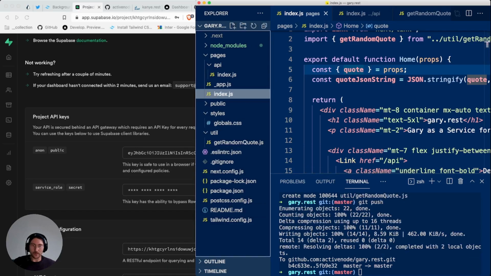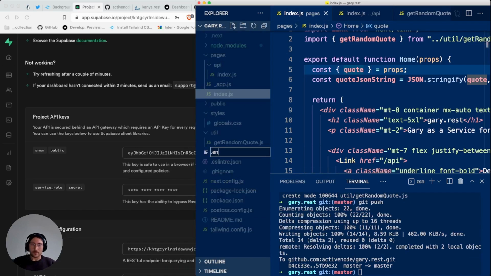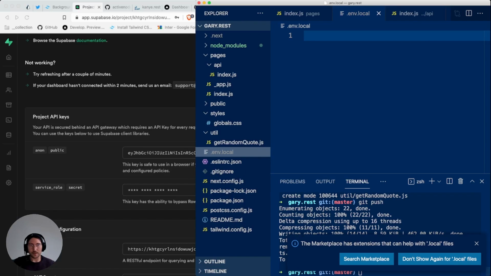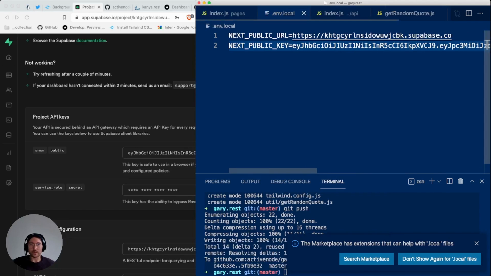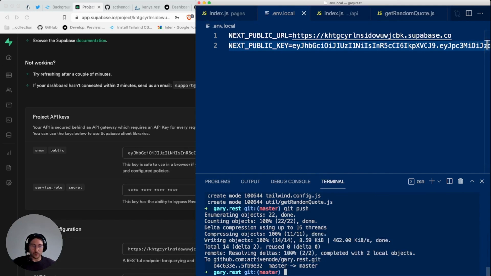So we create a new file .env.local, and then you can write NEXT_PUBLIC_ and then for example, the URL, and NEXT_PUBLIC_ and then KEY. All right, perfect. And then we restart the development server with npm run dev.